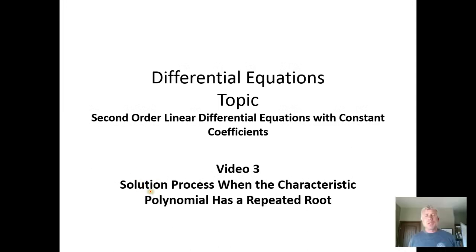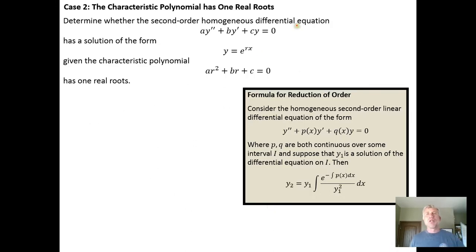So in this video we're going to develop the solution process for when the characteristic polynomial has a repeated root. In video 1 we looked at the second order homogeneous linear differential equation with constant coefficients. We guessed that y equals e to the rx is the solution. We discovered that if it is the solution, then the characteristic polynomial ar squared plus br plus c has to